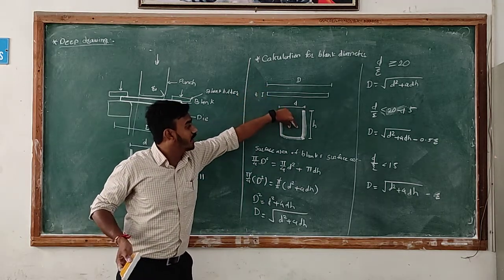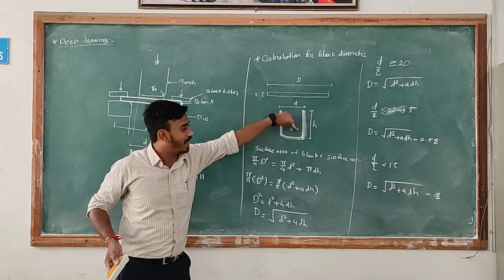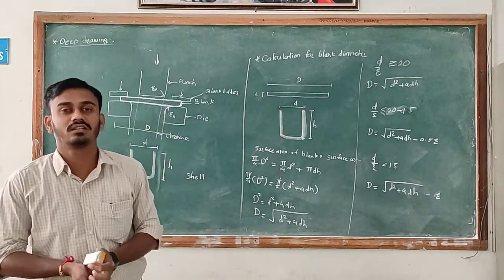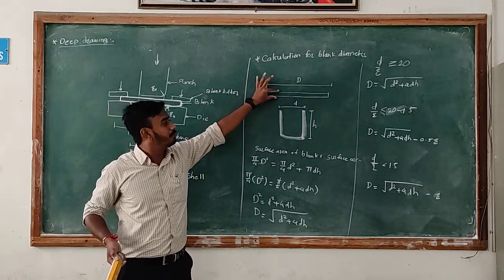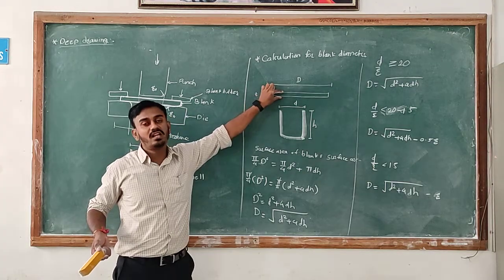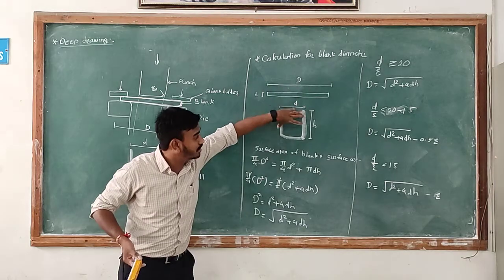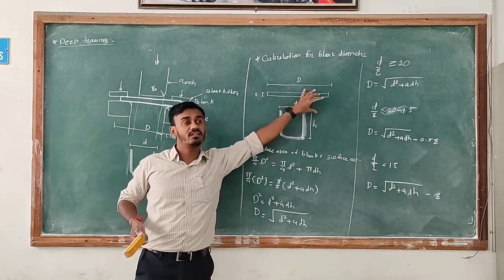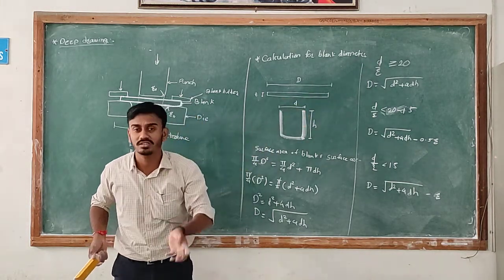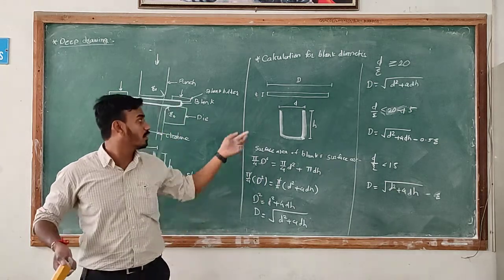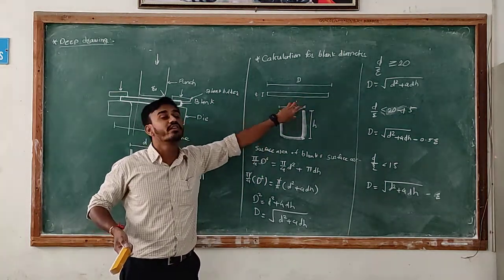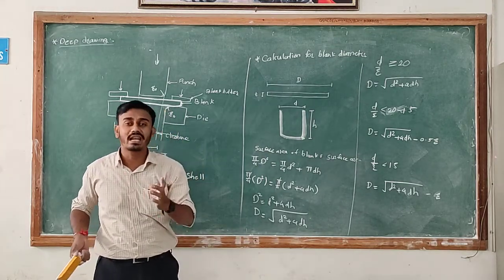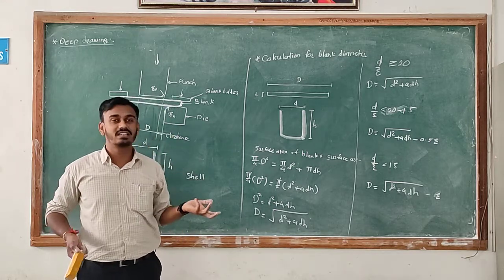Okay, here remember that when this blank is converted into a shell, there are some trimming allowances provided. Suppose we take the blank of diameter capital D, and when we convert this blank into the shell, the whole material will not be converted into the shell. We need some trimming allowances there to remove the sharp edges or for finishing purposes also. And what is the value of that trimming allowance? As per the book, this value is given.